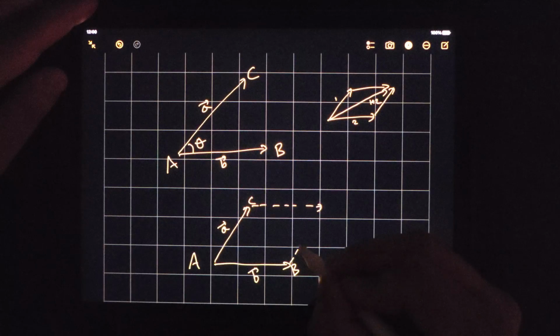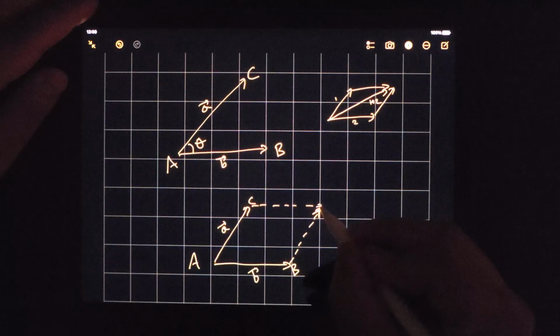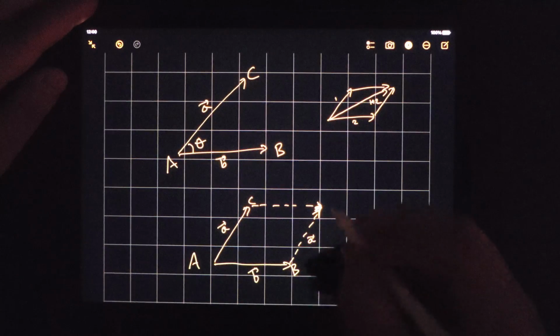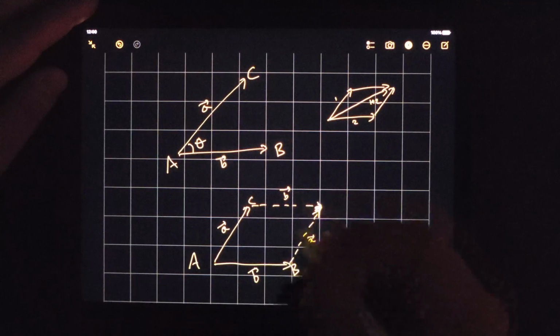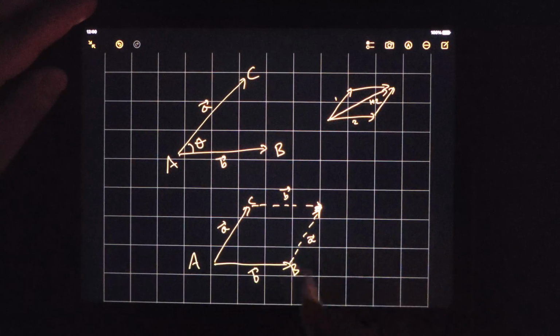Or let's say there's this little A here. You could go actually either way. You could go from the top or the bottom. That is the same as that. That is the same as that. If you wanted to add these two vectors, you can go this way first, then up, or that way first,